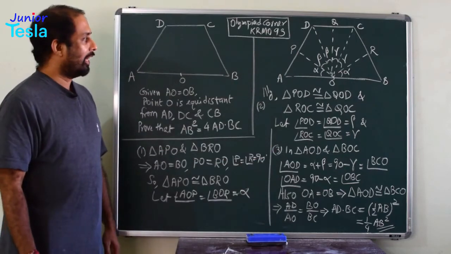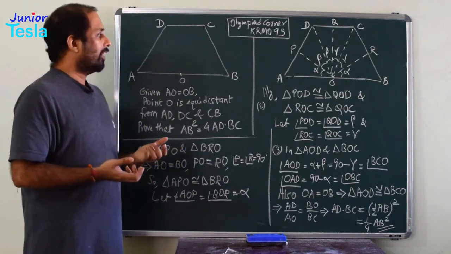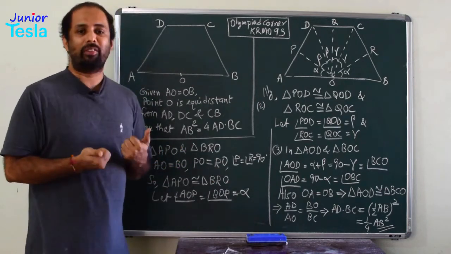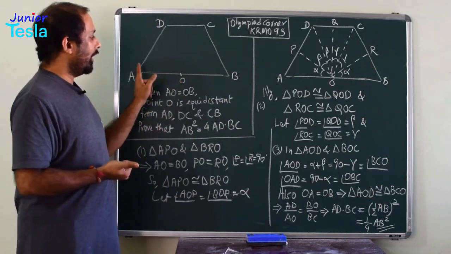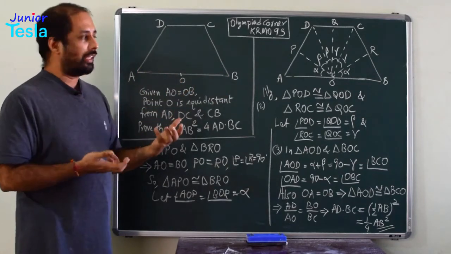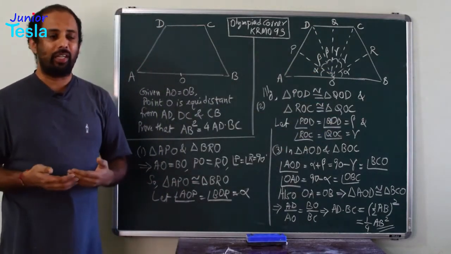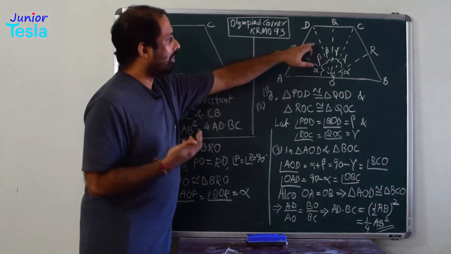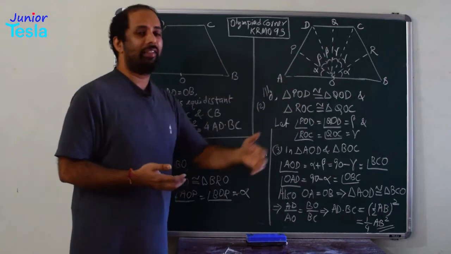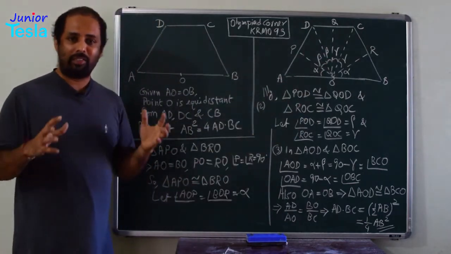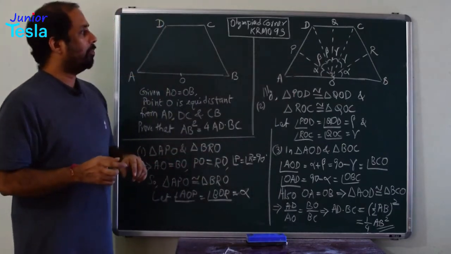So what we did is we compared a lot of triangles. We took only the basic information that is provided in the problem. It is given that O is the midpoint of AB. So we started with that point, and we took two triangles and proved that they are congruent. Then we took another set of triangles, proved that they are also congruent. Then the third set of triangles are also congruent. So once all these things are done, then we started with the bigger triangles AOD and BCO.